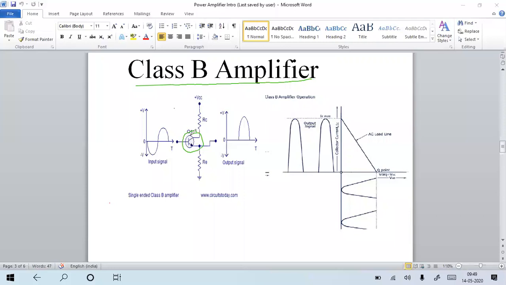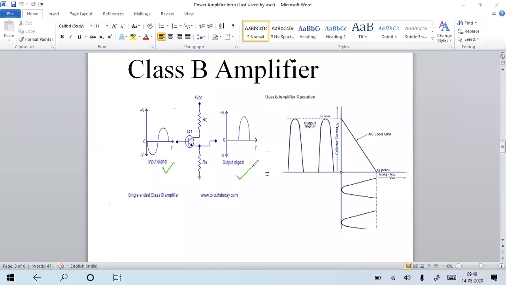After that, we discussed the classification of the power amplifier. How do we classify the power amplifier? Power amplifiers are classified based on the output and input relation. If the input is retained at the output with an amplified version, then we say it is a class A amplifier. The complete portion of the input is retained at the output side. If this is the input, this is the output. The complete portion of the input is retained at the output side with amplified version, then it is called a class A power amplifier, which we discussed in the previous class.